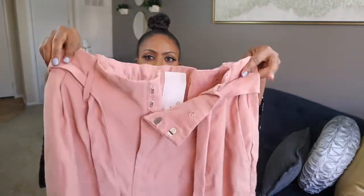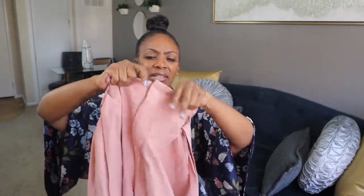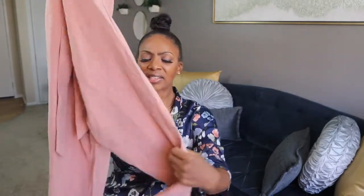But while I was there, my goal was only to get the short. I was going to give you guys one good, strong look, okay? That's it. That's all. But then while I was there and when I found these, I actually bumped into these. And this is just a really pretty pink trouser. It's like a higher waist, it gathers in the waist with the hook and eyes. Waist tie,